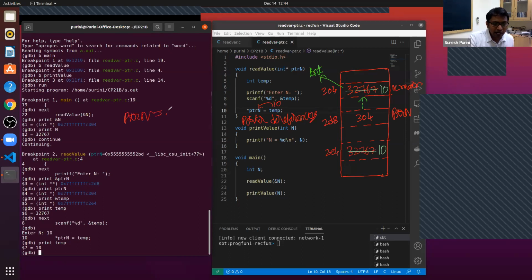When we say ptrn is equal to temp, the memory location that gets updated is 2D8. But when we say star ptrn is equal to temp, then what happens? Which memory location gets updated? You got it. The memory location 304 gets updated. That's it. Are you all with me here?